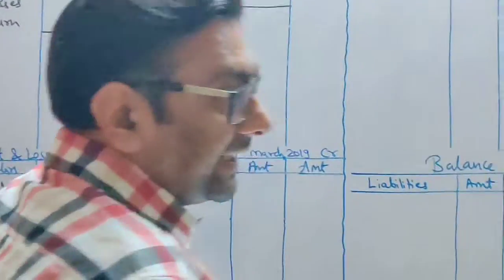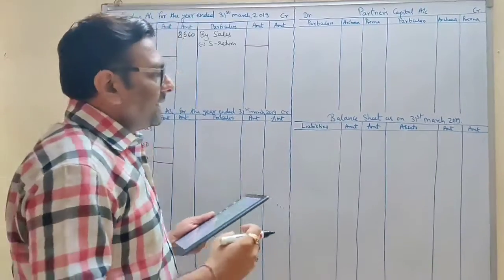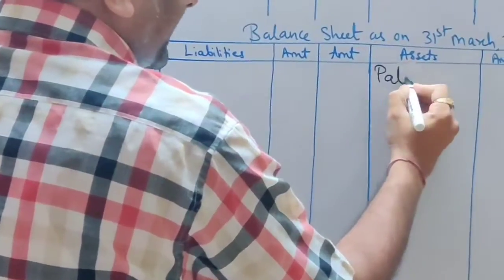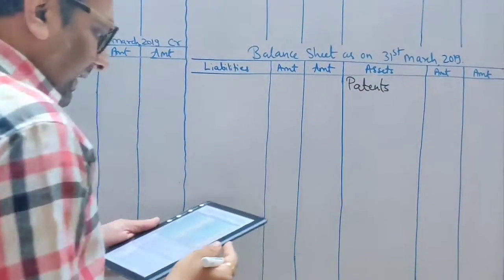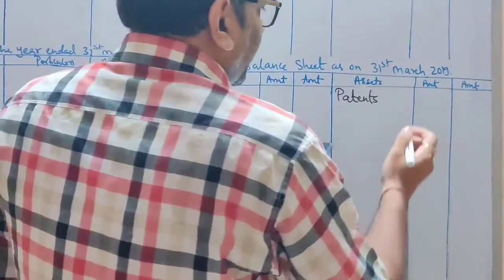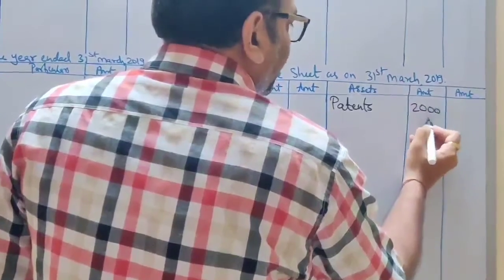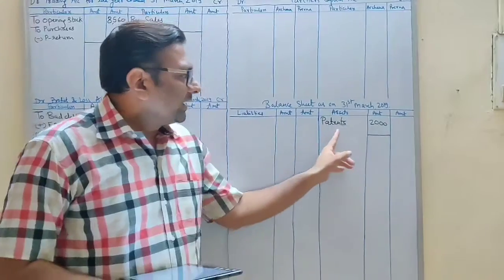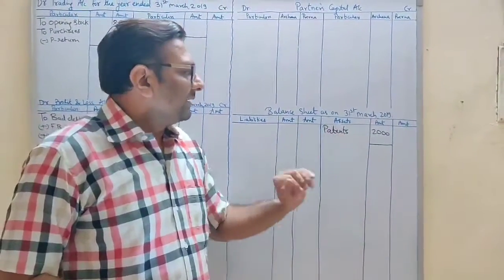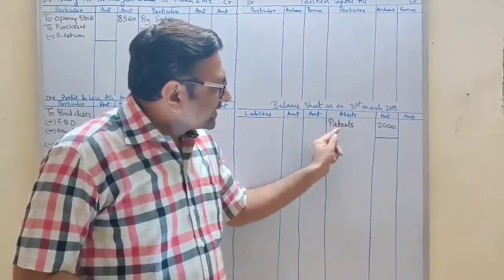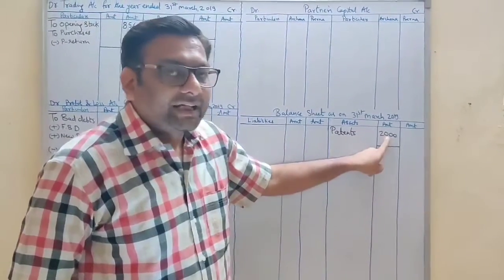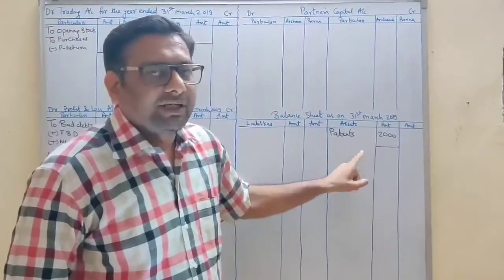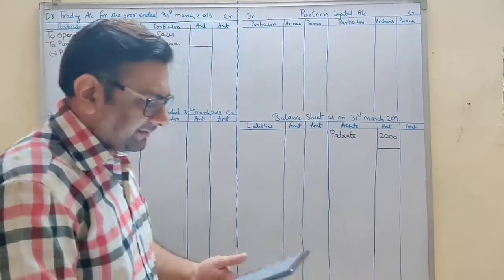Then they have given us patents. In patents there is an adjustment given to you, and patents, it's an asset, will go in balance sheet. So patents you will write in asset side in inner column 2000. Why inner column, students? Because you have given a tick on this item, patent. So whichever ticked item is there, you have to write the amount in inner column and leave one extra line, because there is an adjustment. We need extra line to do the adjustment.